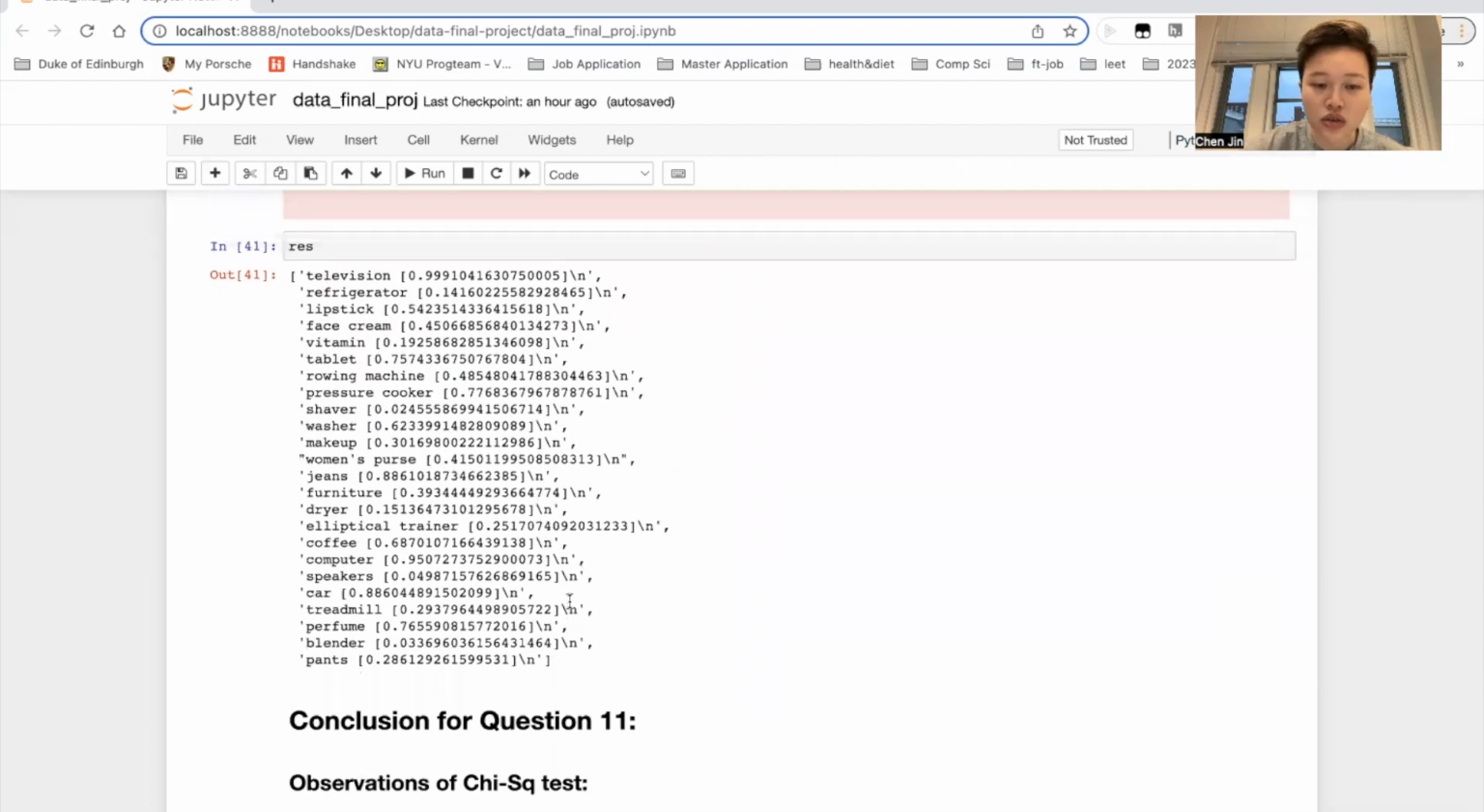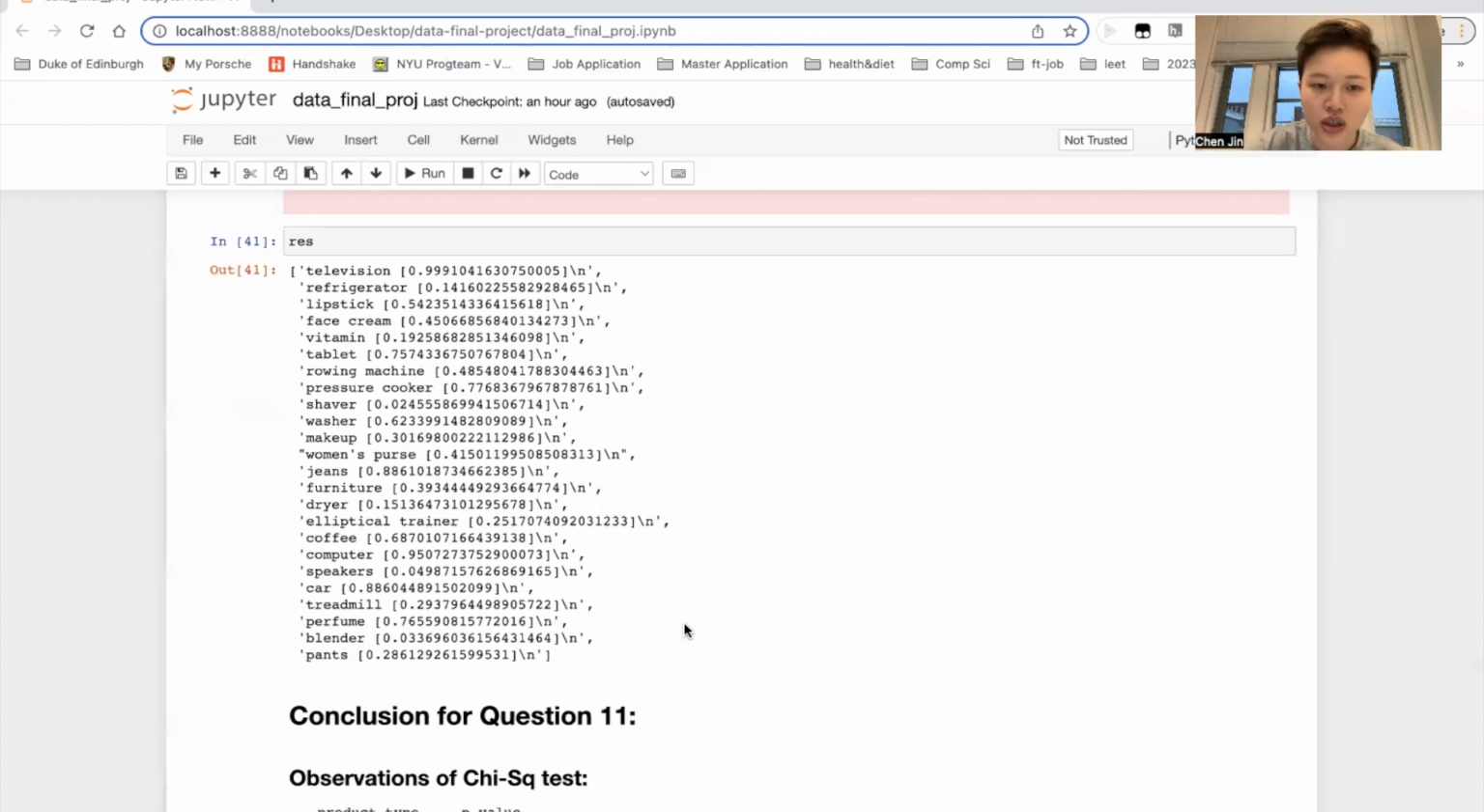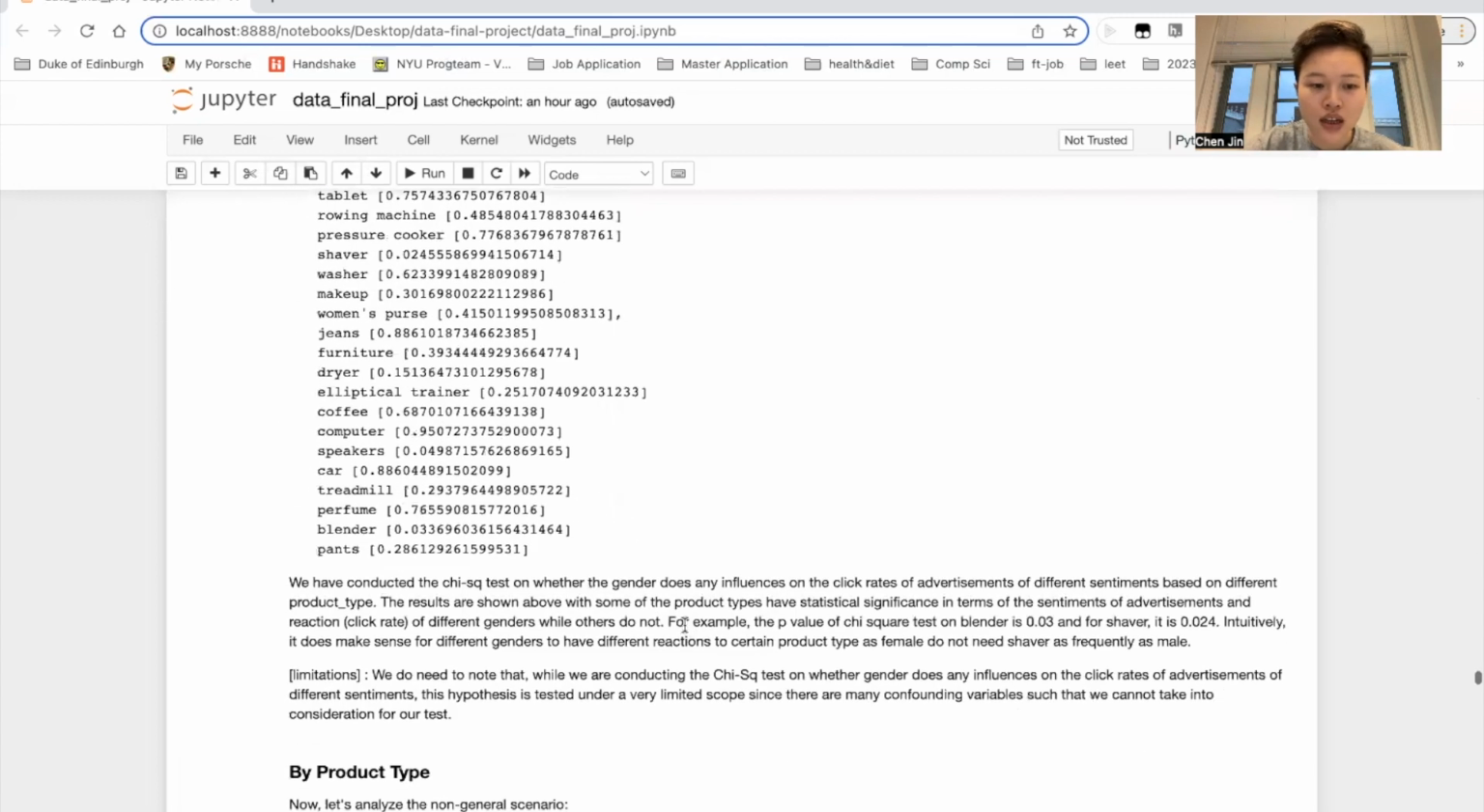So this is our chi-square test statistics that we conducted, and you can see for some of these it's statistically significant, including Blender, right? So for Blender, the p-value is 0.03, so that's smaller than 0.05, and it's statistically significant. What that means is, for this particular product type, the different genders' behavior patterns on different sentiments of the advertisements for these product types are actually different, and we can infer from here the ways that we